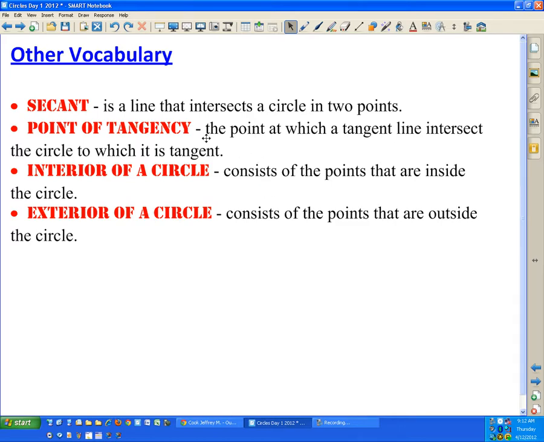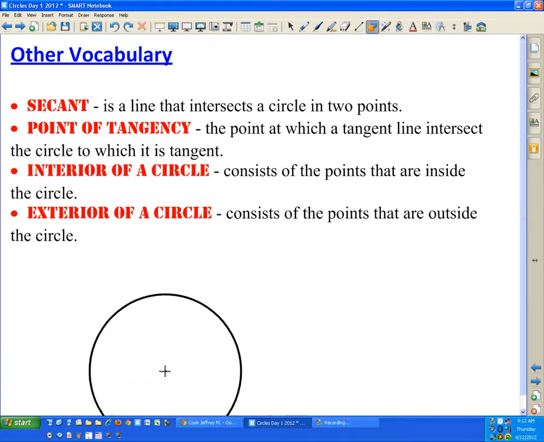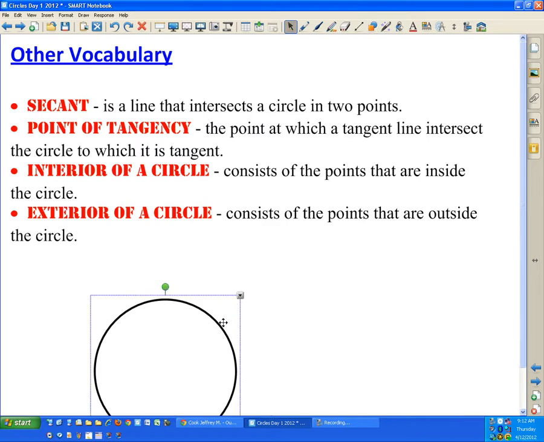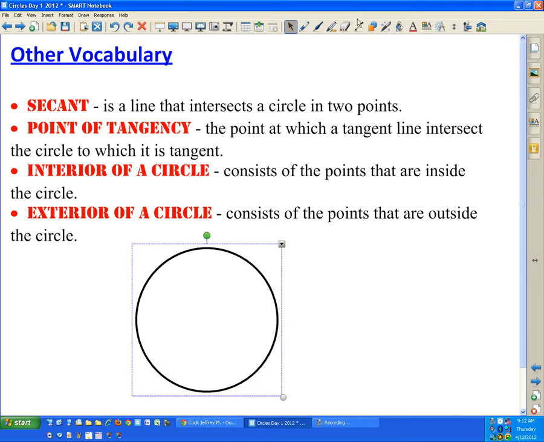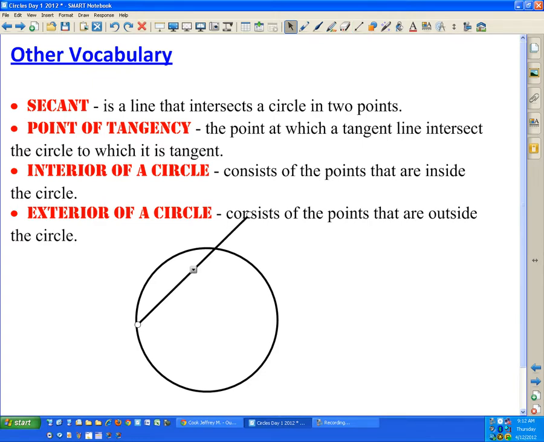So a secant is a line that intersects a circle at 2 points. We talked about a chord in our definitions before. A chord is a segment that intersects a circle at 2 points. So a secant is actually an extension of a chord. A chord would be something that would go through like this. There's a chord, and the difference is a secant is a line that continues beyond the circle,